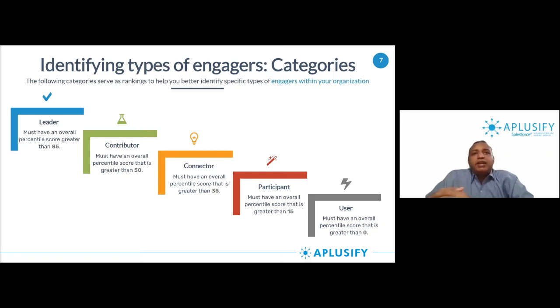So, you can recognize your leaders, you can recognize your contributors, maybe send them a thank you card, or maybe send them some coupons which they can use, maybe Starbucks coupons, right? Or send them a T-shirt with your association logo, just to show appreciation about their engagement, and that you can only do once you have this kind of categories